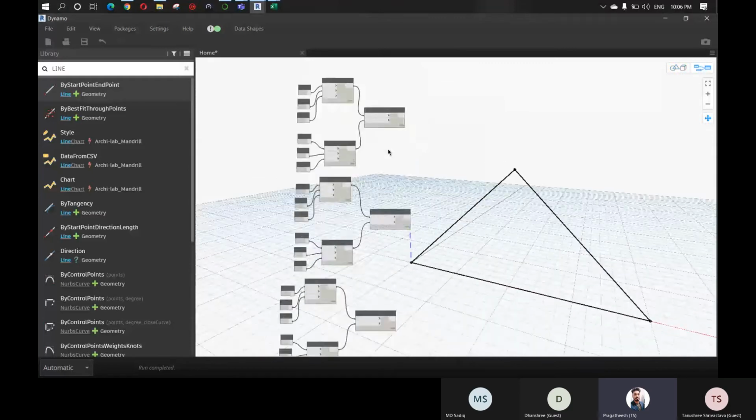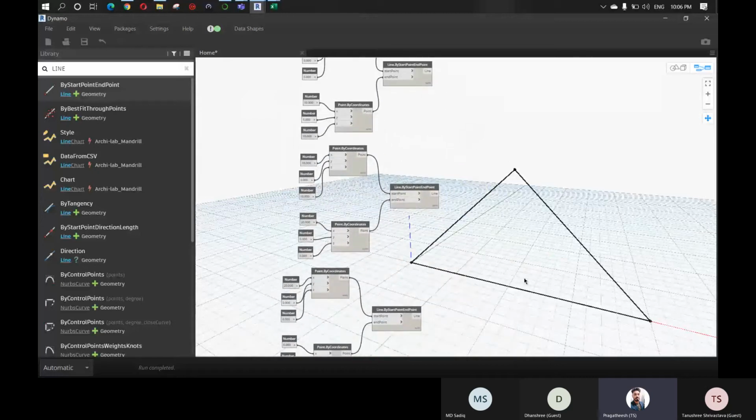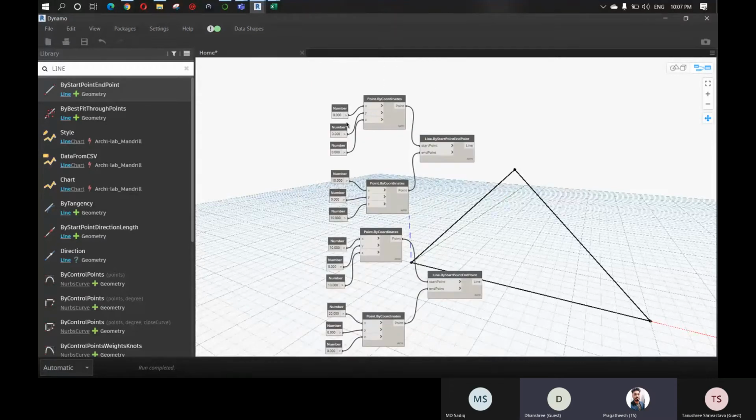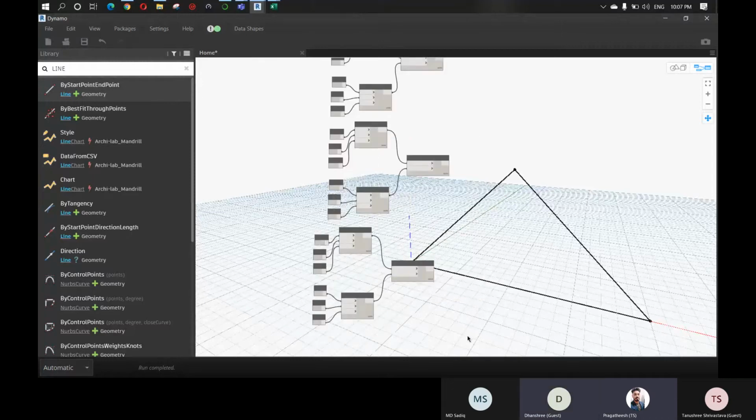But you may have a question like, why should we spend this much time and this many nodes to create these points, right? Does anyone have a question like this? No one? In the first class, you said that there is complex geometry that we cannot create in Revit, so we can use this maybe. Yeah, we can use this, but don't you feel that this is very long to create a simple triangle? Yes, sir, it is a lengthy procedure, a long process.